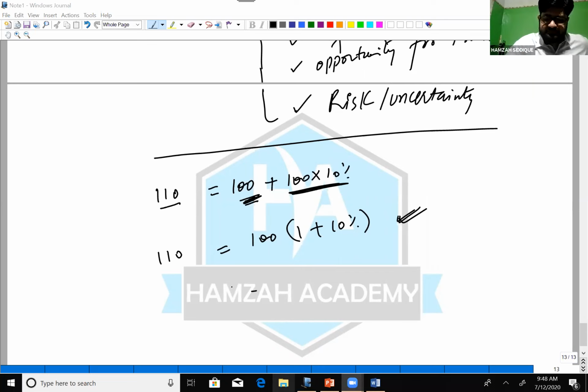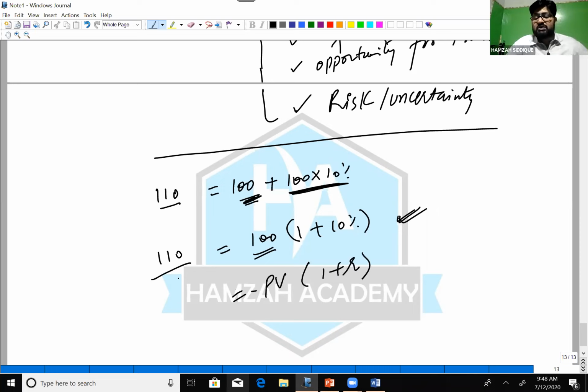Students, this is the amount you are going to invest today, 100, the present value. This is the rate at which you are going to invest. This is the amount you will get tomorrow, the future value. So we have derived a formula. If you are going to invest for 1 year, its power will be 1. If you are going to invest for,